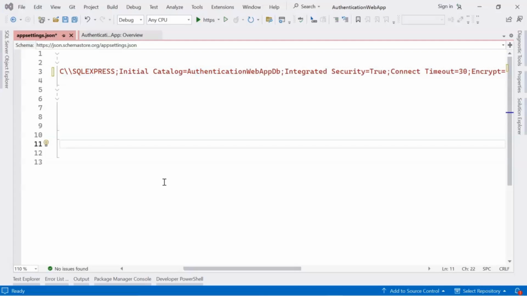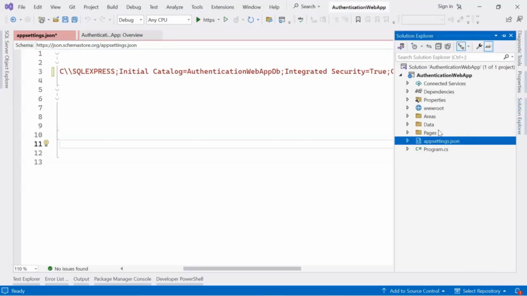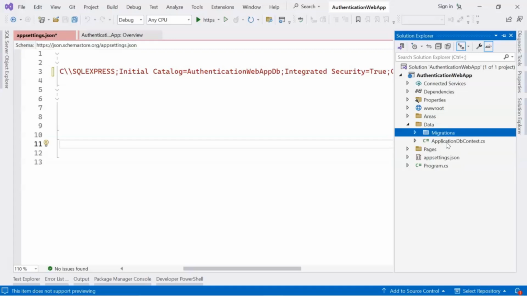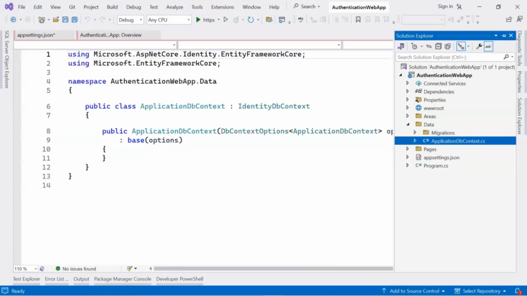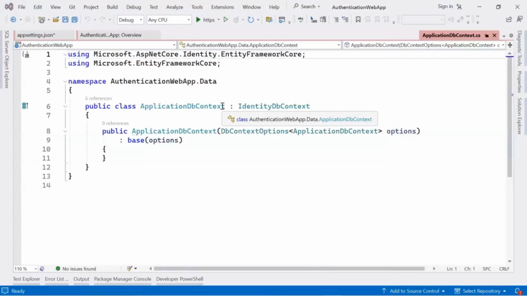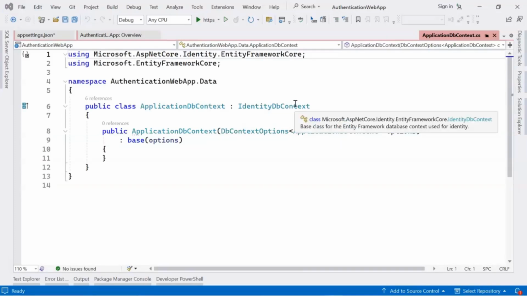Now we need to update the database. It means that we have to run the migrations. ASP.NET Core has created a Data folder, and in that there is a Migrations folder and an ApplicationDbContext file. This DB context is responsible for communicating with our database and storing the data.